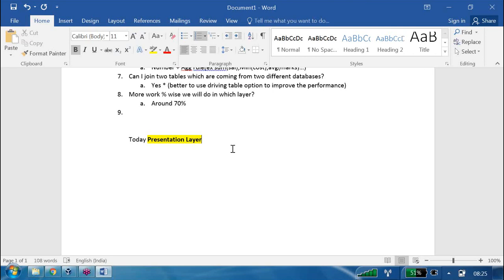Second, business users also develop their own reports, and business users use the reports developed by reporting people. So for them also, the columns and tables which are visible are only whatever is available in the presentation layer.